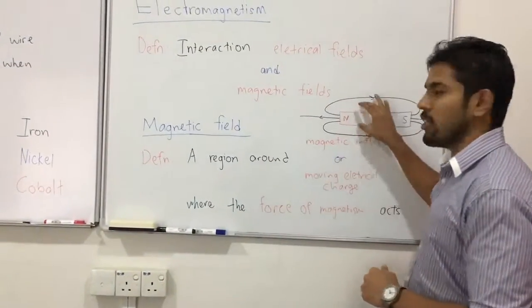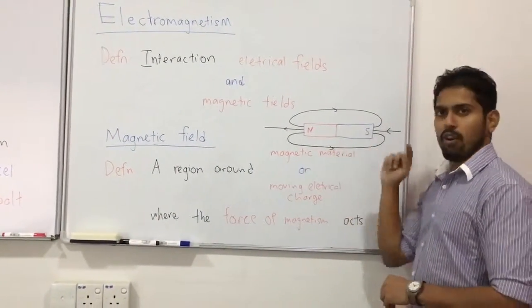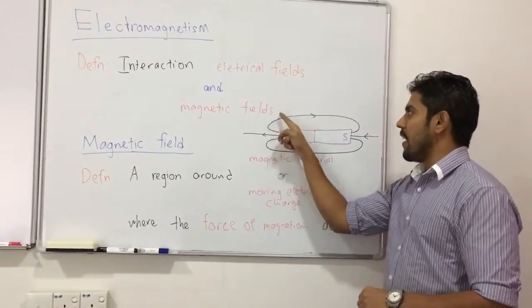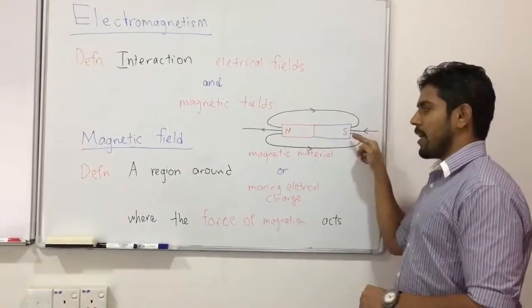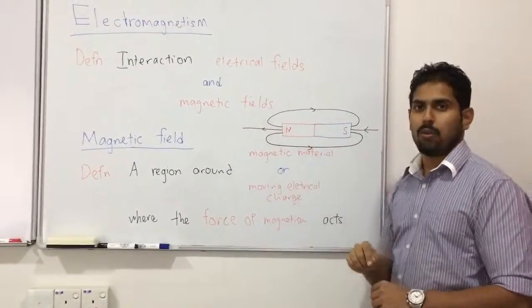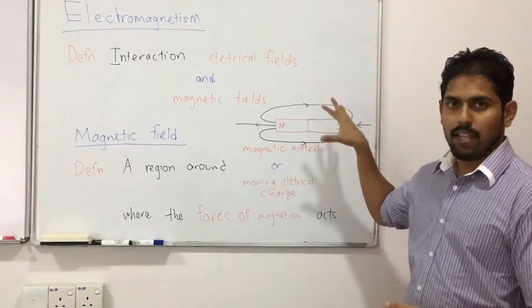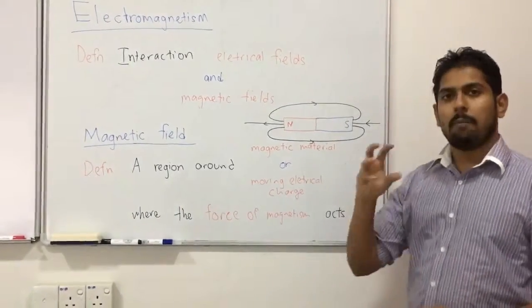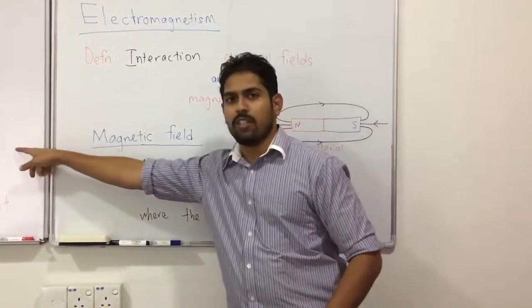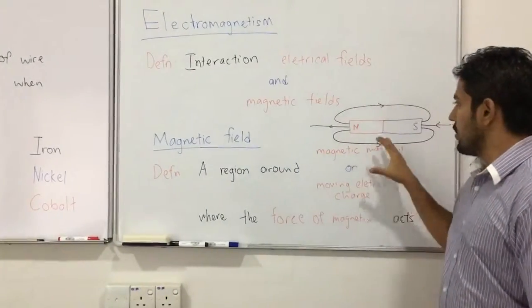You would have seen drawings in your books such as this, North Pole, South Pole of a magnet. You'd see the field lines leaving the North Pole and entering the South Pole. Everything enters through the South Pole, everything leaves through the North Pole. In reality, there are hundreds of thousands or rather millions of these lines depending on the strength of the magnet. So whenever a magnetic material, which is one of these three, iron, cobalt or nickel, goes near this magnet,